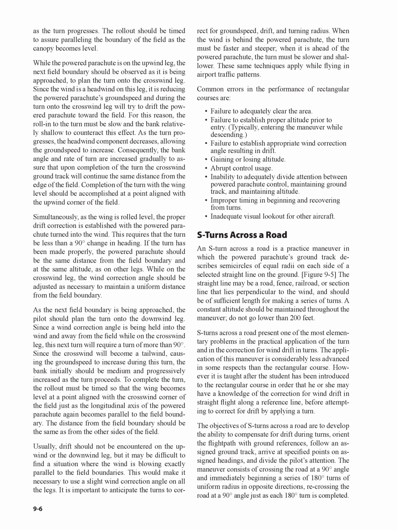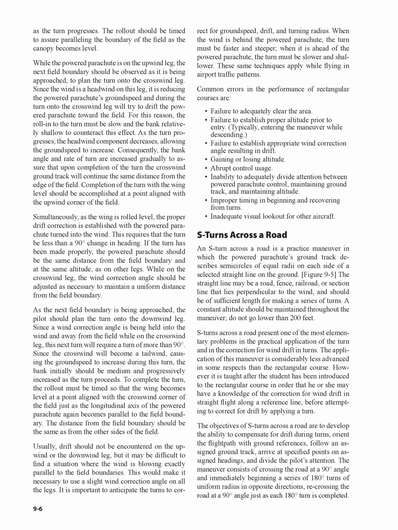This requires that the turn be less than a 90 degrees change in heading. If the turn has been made properly, the powered parachute should be the same distance from the field boundary and at the same altitude as on other legs. While on the crosswind leg, the wind correction angle should be adjusted as necessary to maintain a uniform distance from